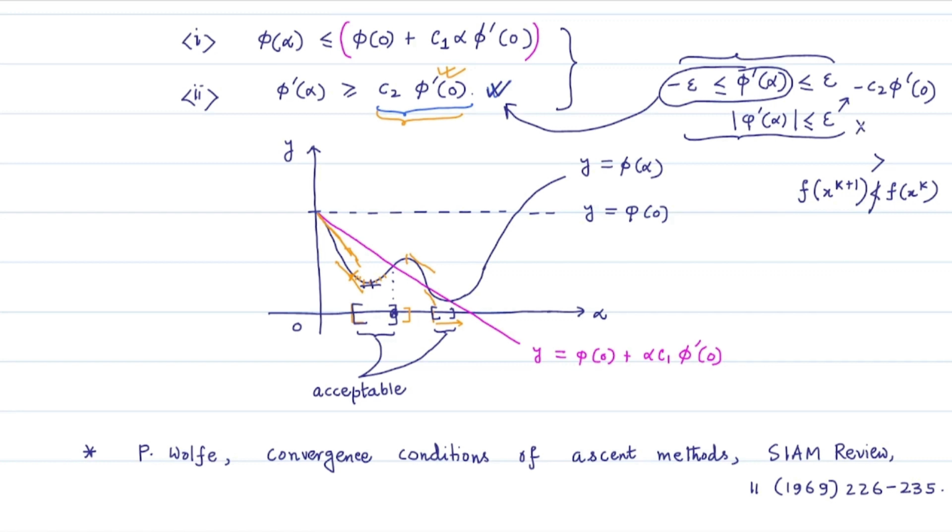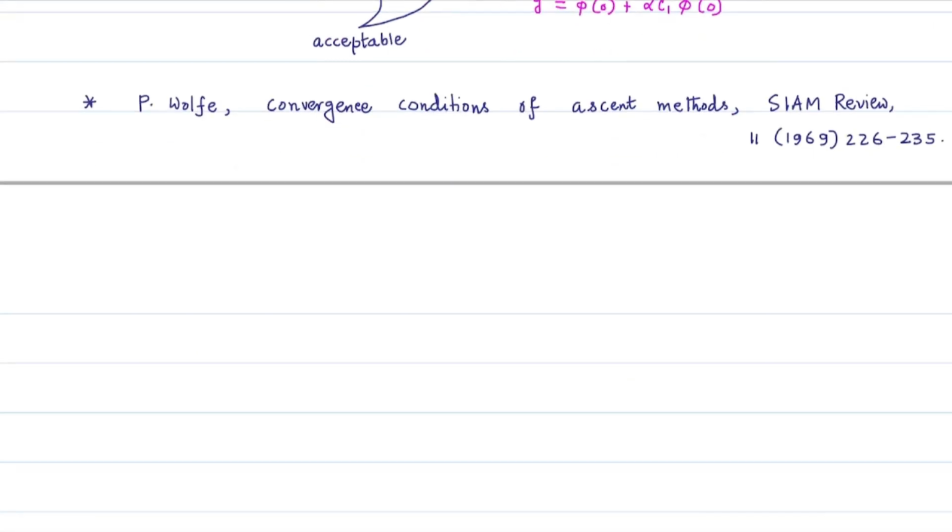This condition, absolute value of phi dash alpha less than or equal to minus c2 phi dash 0, is called the strong Wolfe condition. So this Armijo rule, the first one, and this condition, absolute value of phi dash alpha less than or equal to minus c2 phi dash 0, give us the next inexact rule, inexact line search 4, which we name the strong Wolfe condition, or strong Wolfe-Powell condition,